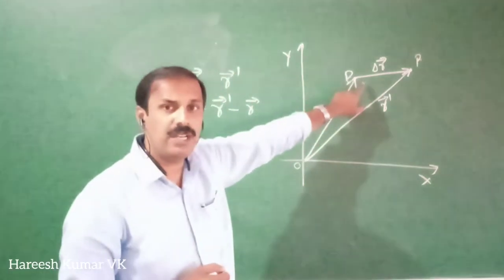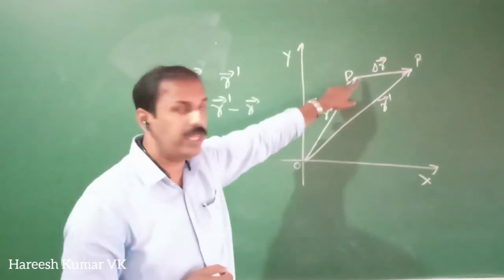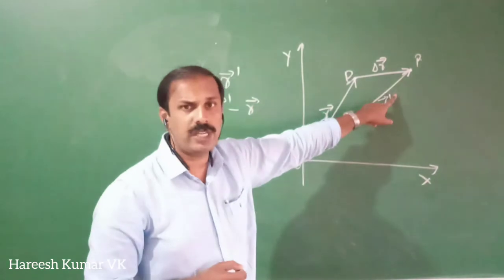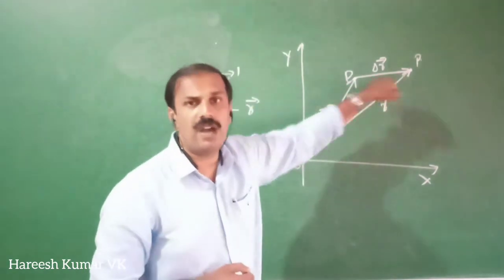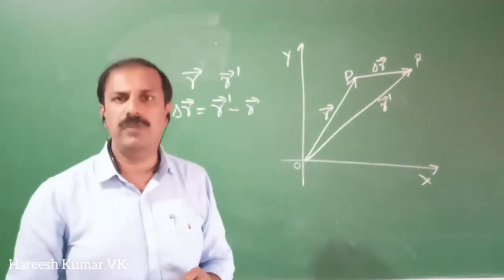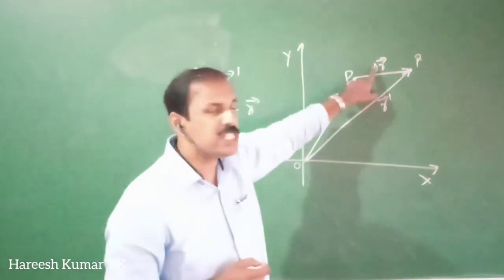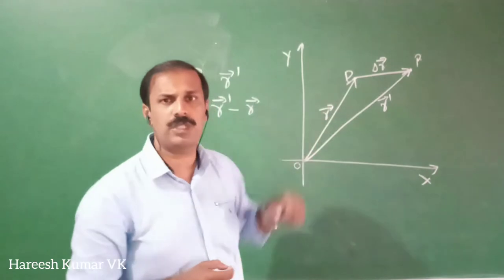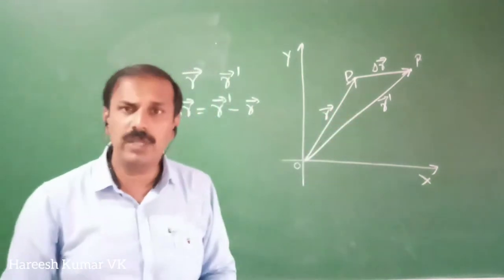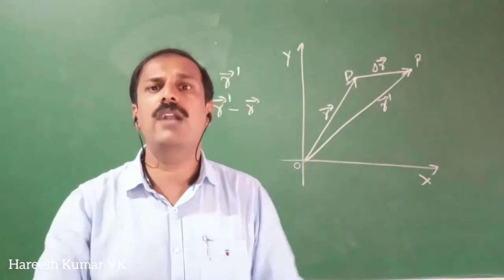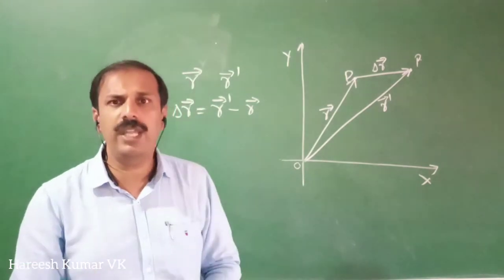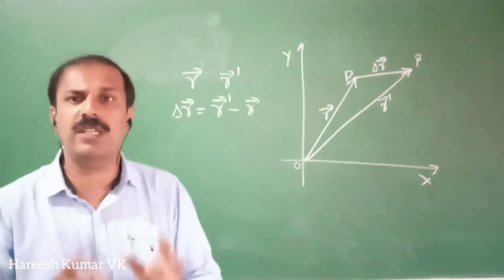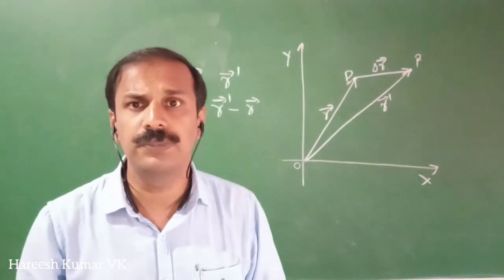For any position, a vector from the origin to that point, that gives the position vector. And when the position changes here to second one, we have a delta R, that is called as the displacement vector. To calculate this displacement vector, we have to take the difference of this vector and this vector. So how to calculate the difference, how to add vectors, all these things we will study after this one. I think the position vector and the displacement vector, that concept is clear for you now.